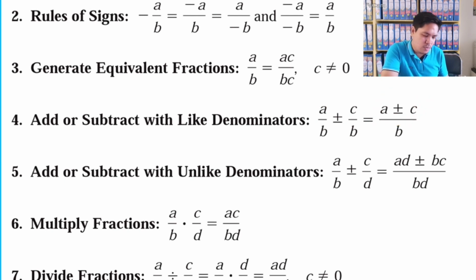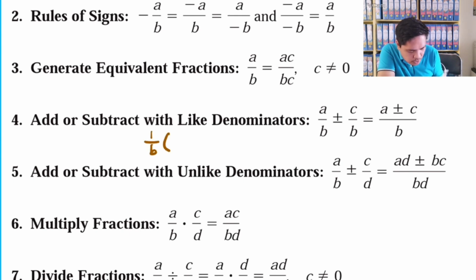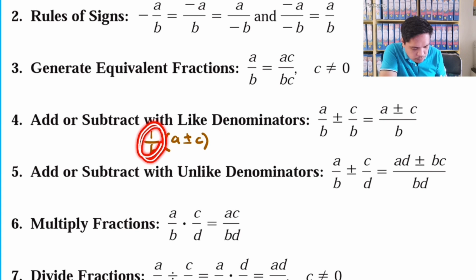Okay, how do we make sense out of this? Pareho din naman yan sa if you apply LCD, di ba? The LCD of B and B is still B. You can look at it that way. Pwede din naman, you can think of this as distributive property. So, this is essentially 1 over B multiplied by A plus or minus C. Pwedeng ganun. Then, if we distribute this,